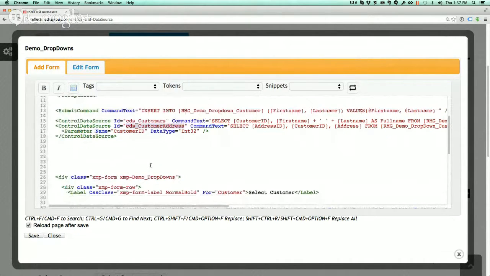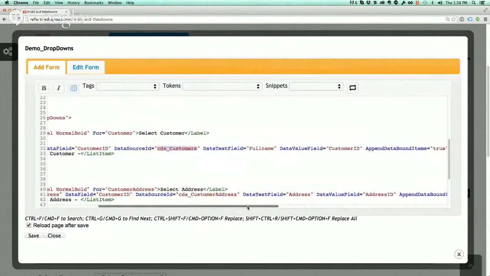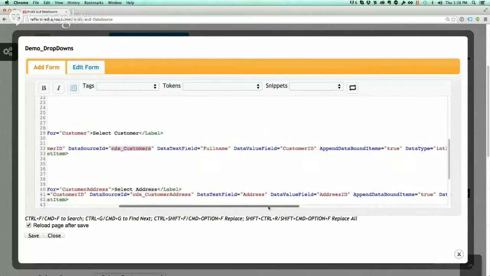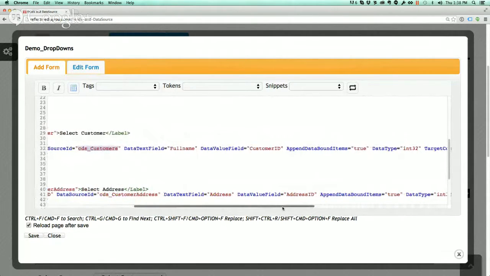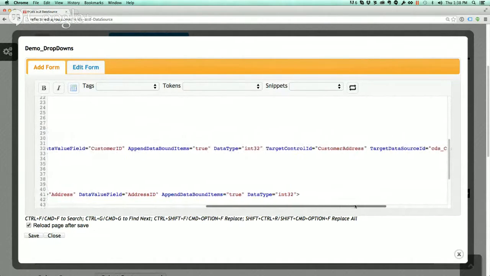So if we go down here to our first drop-down list, we can see the drop-down list ID customer, data field customer ID, and where is it going to get its values from? The data source ID is the CDS_customers. That's the name of our control data source. The value that we see in the text box, the actual visible part, is going to be the full name. The value is the customer ID. And we're using the data source, so we're going to append data-bound items, true, and data type is int32,